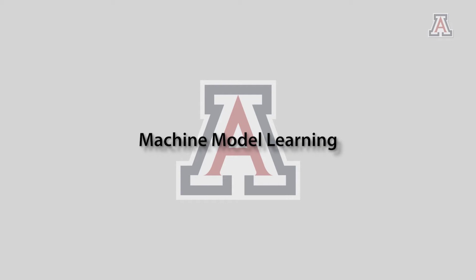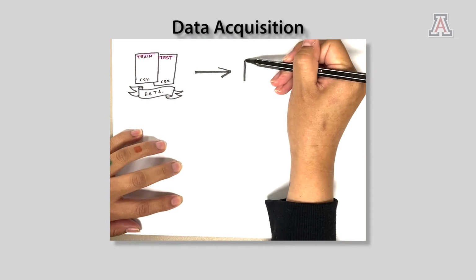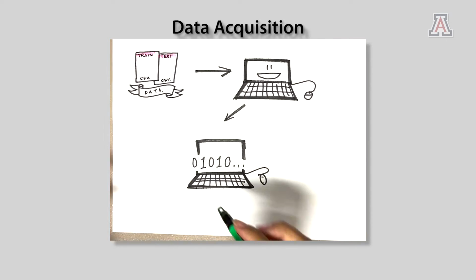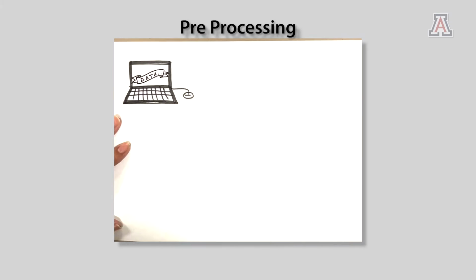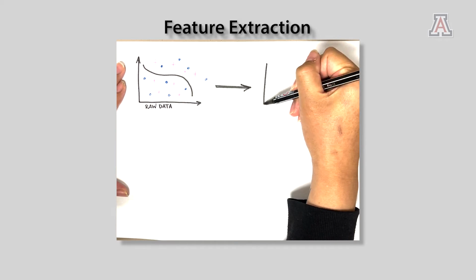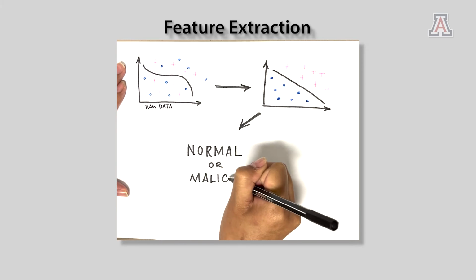Machine learning model development follows these steps. The first one, data acquisition, is the process that involves taking a sample of something and converting it into a digital value. Pre-processing is to collect the data, analyze, and filter to ensure that it can be used in a beneficial way. Feature extraction is performed on a large number of variables to reduce the amount of raw data and manage it into groups for processing, for example, turning the data into matrices.